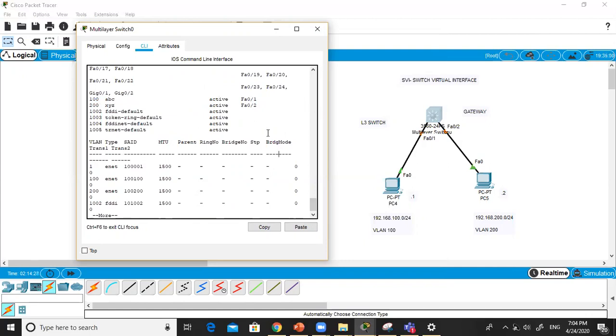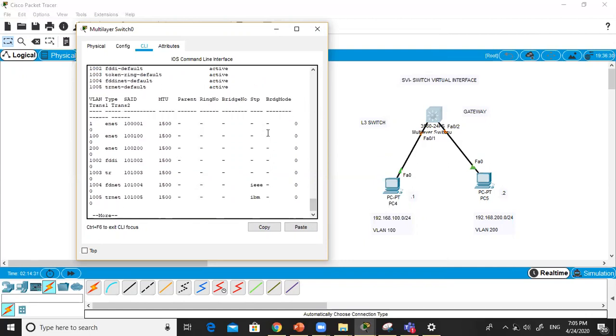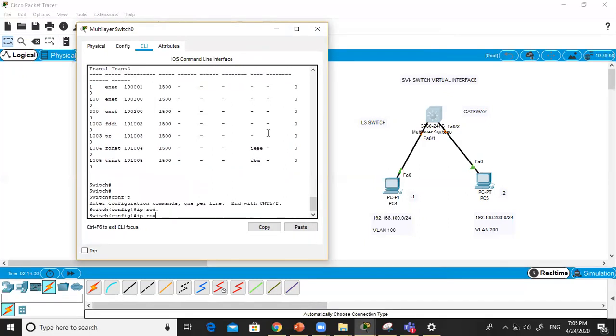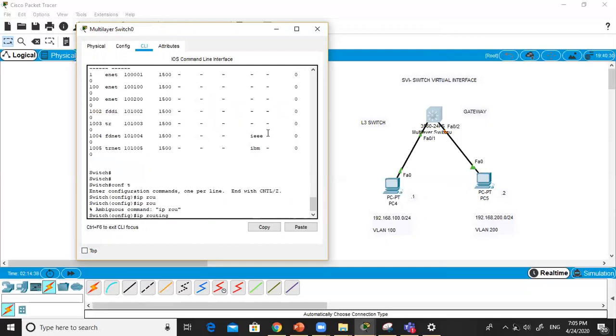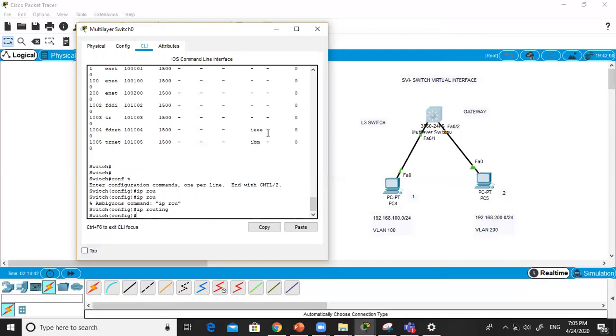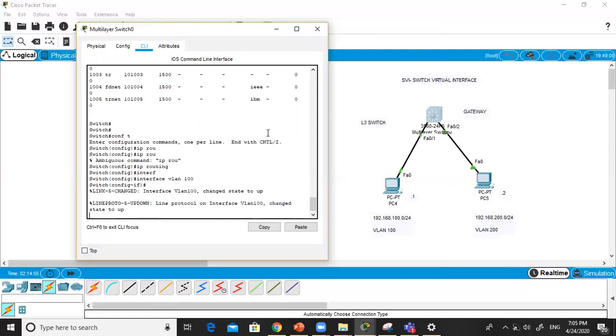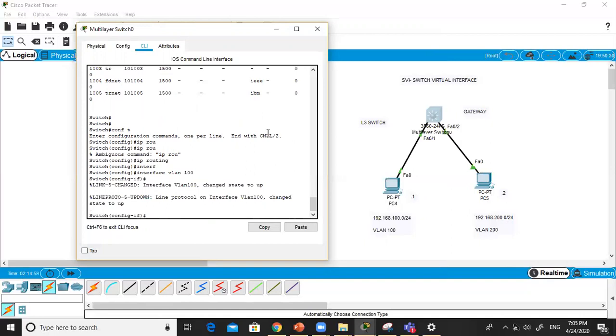Next, we need to do inter-VLAN routing. So as I said, on the layer 3 switch, we have to enable routing functions via the command ip routing. You have to type it. So by this command, the L3 functions will be enabled. Now we can do the inter-VLAN routing. So interface VLAN 100. We are not taking a router here, so we are creating a virtual interface as the VLAN number itself. And encapsulation dot1q in SVI is not required because it's a switch and it will be enabled by default. Just have to enable IP address, which is the gateway